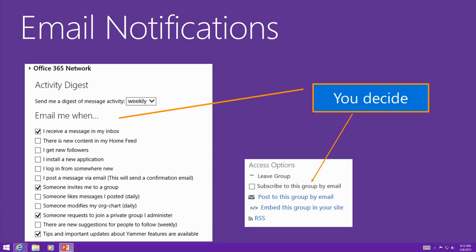There is a digest that you can sign up for, where Yammer will aggregate the content that it thinks you would be interested in. That's based on who you're following, what groups you're in, and posts in the all company. Then there's a series of other choices, and what I've listed here are my top picks that I recommend. I want to know if somebody's mentioned me so that I can take care of that business. I want to know if I'm monitoring a private group and somebody wants to get in.